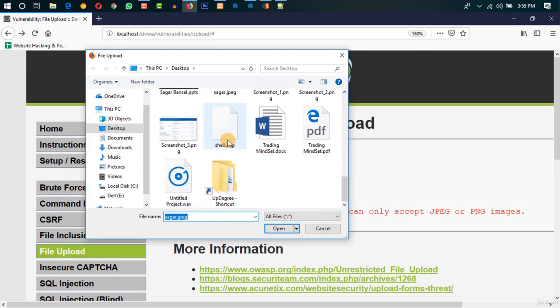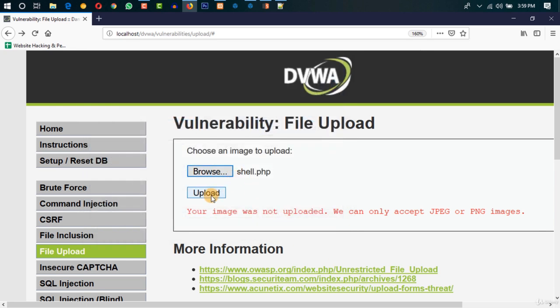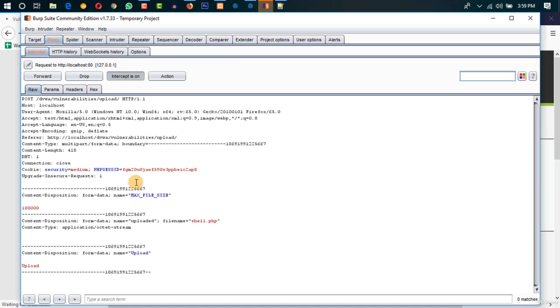Let's try to upload shell here. Okay, let's try to say upload. Here is the request, and let's mess with this thing, application/octet-stream. We will remove it, and we will paste the content type header of the request that works, which is an image/jpeg header. Let's try to forward it,